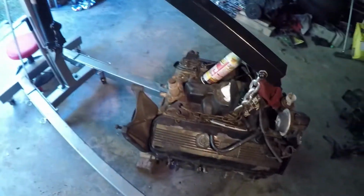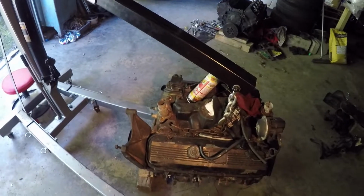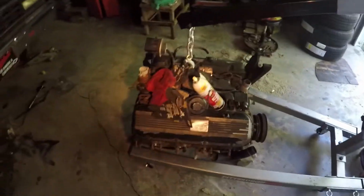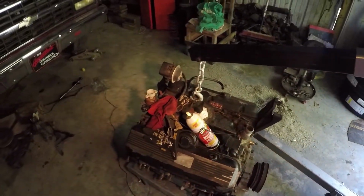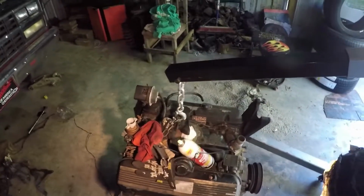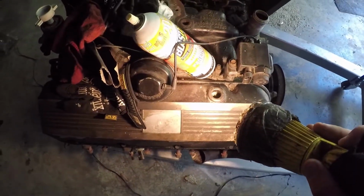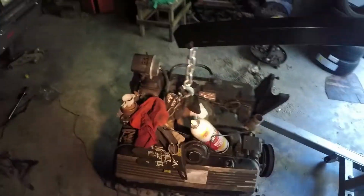Well, it's not a new motor, it's a used motor. This is the used motor that I bought, and it came out of a motorhome. It's a 454, just like the one that was in it, and that's the one that was in it sitting over there. This motor is super clean inside. I had to change the valve covers from the original motor that was in the truck to put on this one, because the motorhome had some wild looking valve covers. Well, they were about the same, but they had different points. Your little valve that goes to the breather, your oil filler cap, everything like that was different on the motorhome